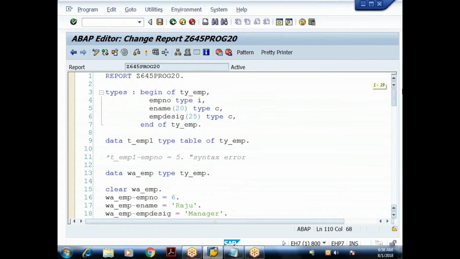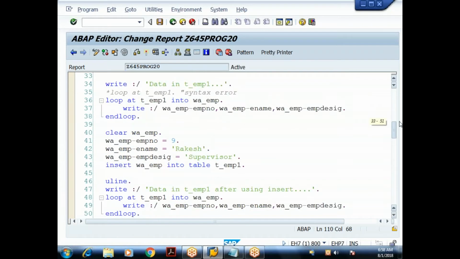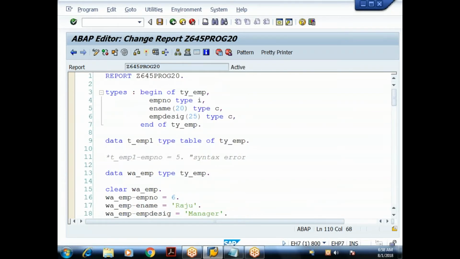While declaring the standard internal table, I may or may not specify the key field. So key field declaration is what? Optional. In case you are providing, we have to provide only what? Non-unique key. Non-unique key means what? Which accepts duplicate values. Okay. And what is the other thing? We can use both append and insert statement. Append will always add the data to the end of the internal table, whereas insert can be used either to add at the end of the internal table or in a specific position of the internal table. That is one point.